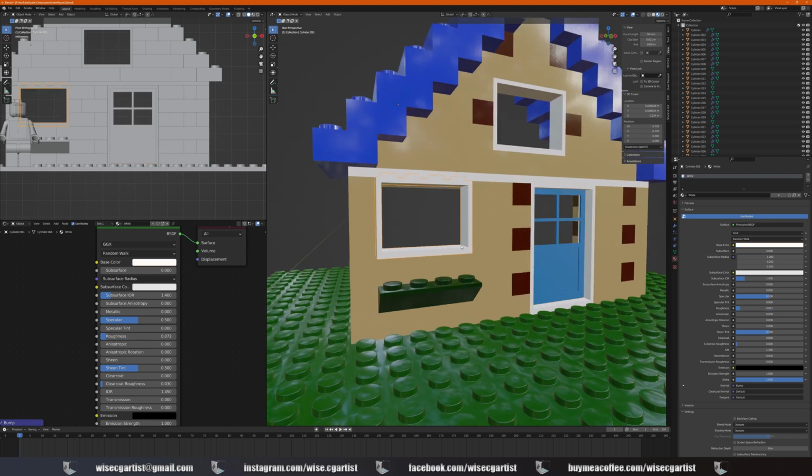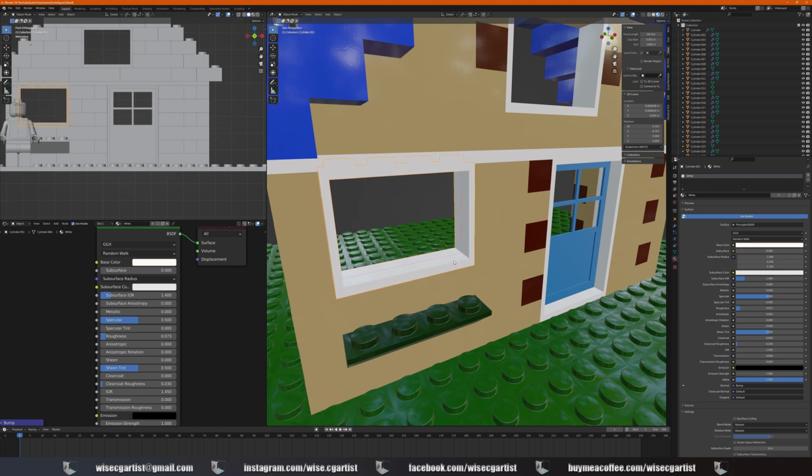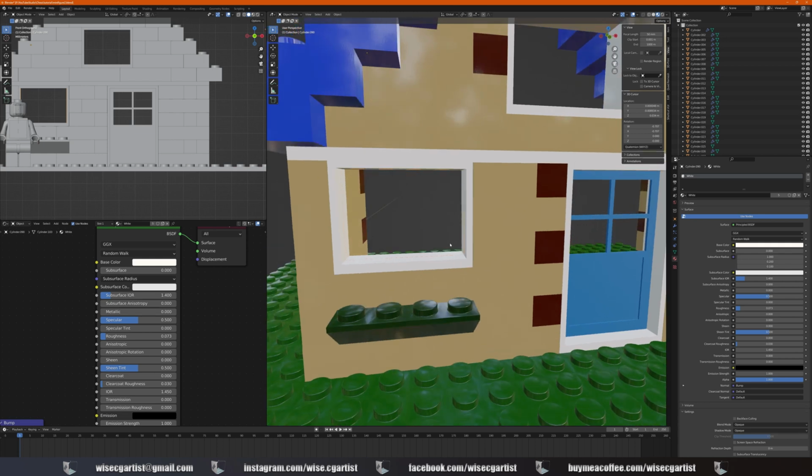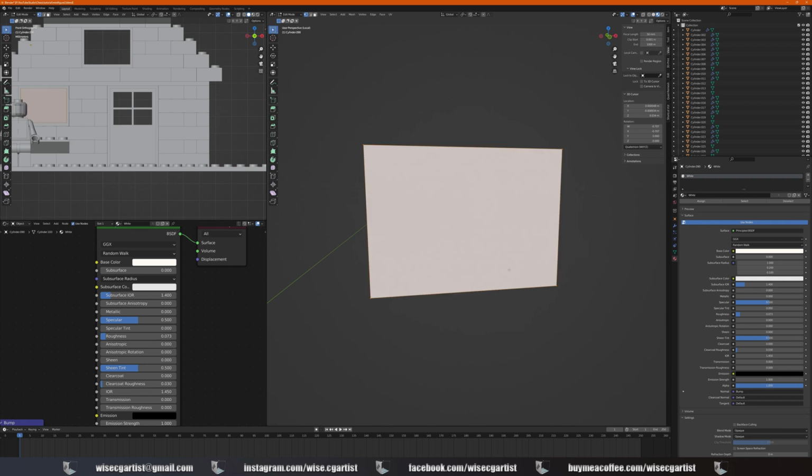Okay, now we're going to do exactly the same with the windows. So choosing the window frame, go into edit mode, Ctrl R to make a loop cut, and P to separate it by selection, going back to object mode, select that loop cut, go into isolation mode, Tab, go into vertex selection mode, and just selecting this, Ctrl X to dissolve them, select them, Ctrl X to dissolve them, select everything by pressing A, F to make a face, and now R to make some loop cuts